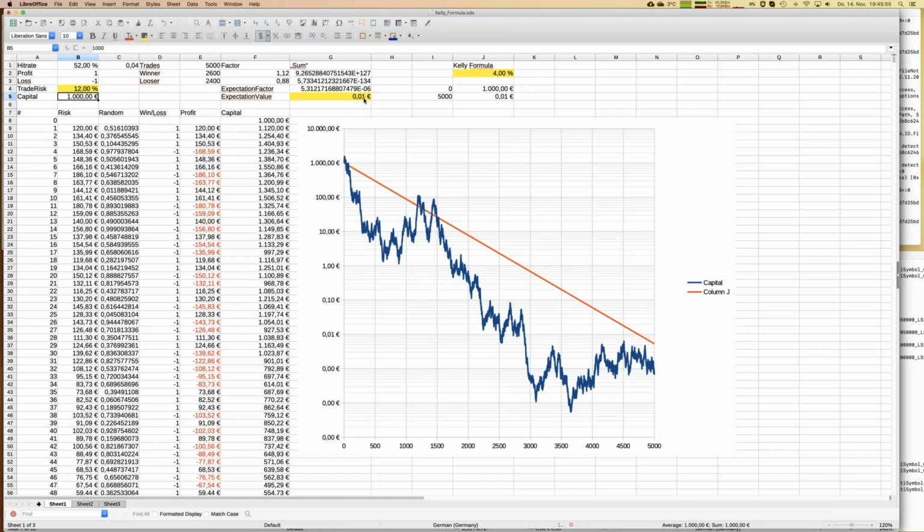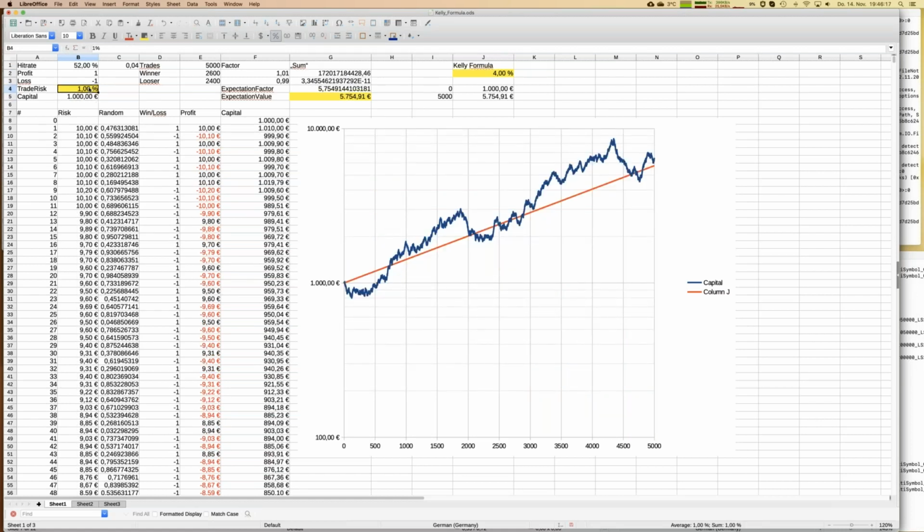I introduced already the Kelly formula, and that's already implemented here. So we know if we risk too much, we even lose money with a profitable trading strategy. And we saw already that if we are with very small numbers, we may not realize as much profit as possible with the same trading strategy. But we know already the answer. What is the optimal value for the investment ratio? And that is